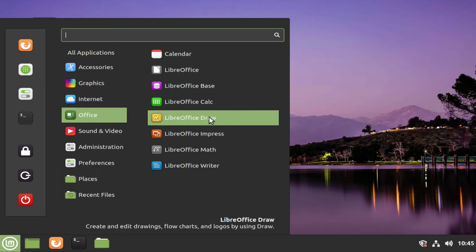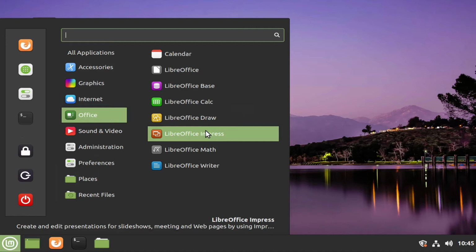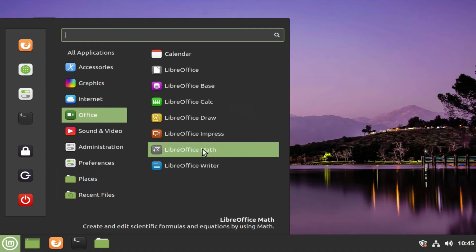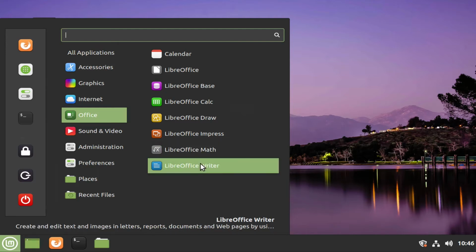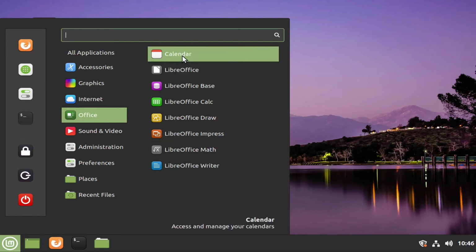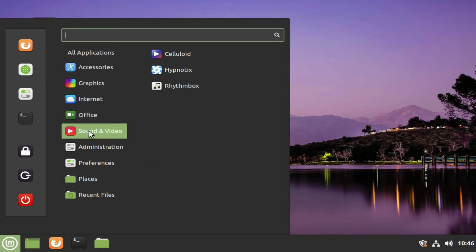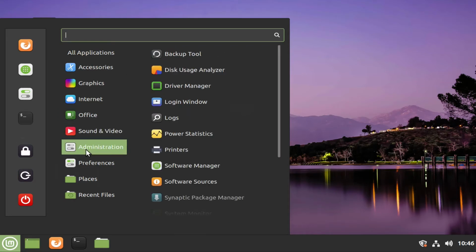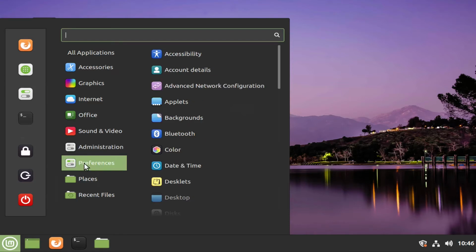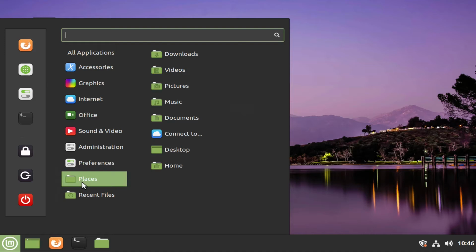There's a drawing program. There's a presentation program similar to PowerPoint, a mathematical program for creating and editing scientific formulas and equations, and of course a word processing program, and a calendar. There's sound and video apps, some administrative tools, different system preferences, and of course if you want a shortcut to get to those folders that we saw earlier